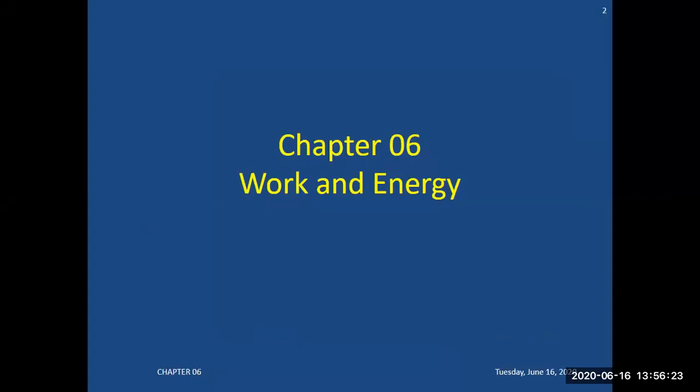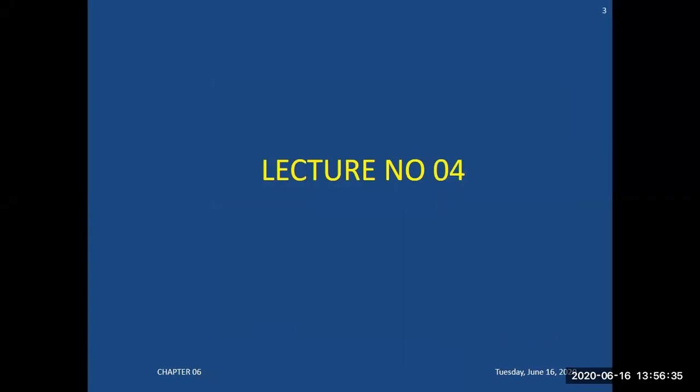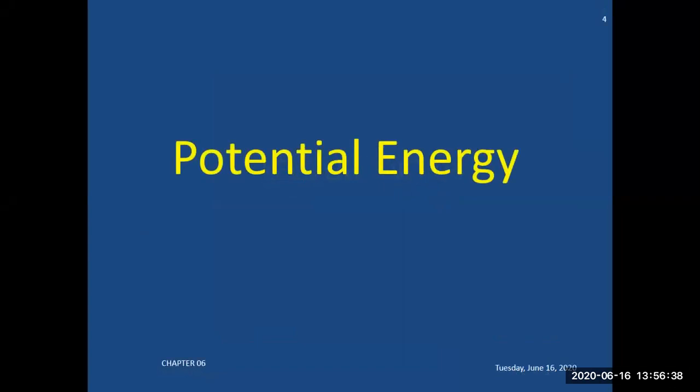Then we have studied about types of the energies, and after discussing types of the energies, we proceeded up to the kinetic energy, and we have derived the formula for the kinetic energy. Now, during this class, we will study about potential energy, what the potential energy of an object is, how it is calculated, what the formula to calculate potential energy is, what factors the potential energy of a body depends on, and what the unit of that potential energy is. So these will be our main areas to cover during this class.